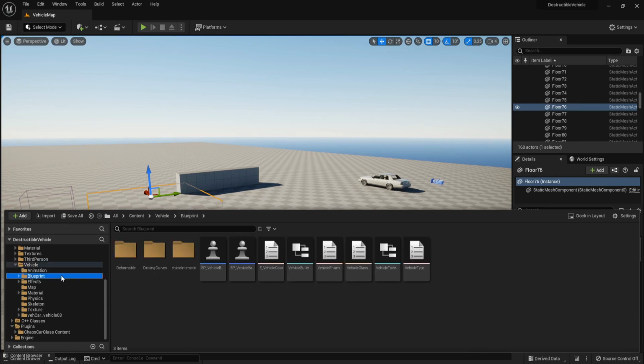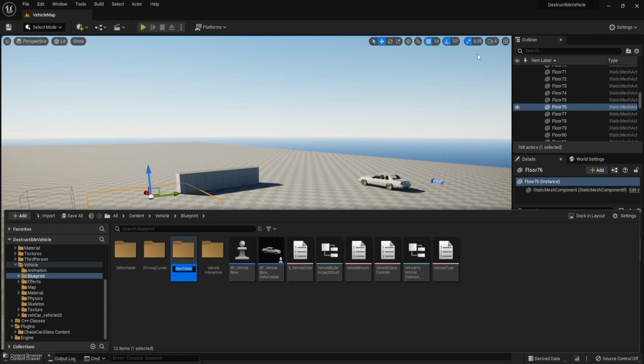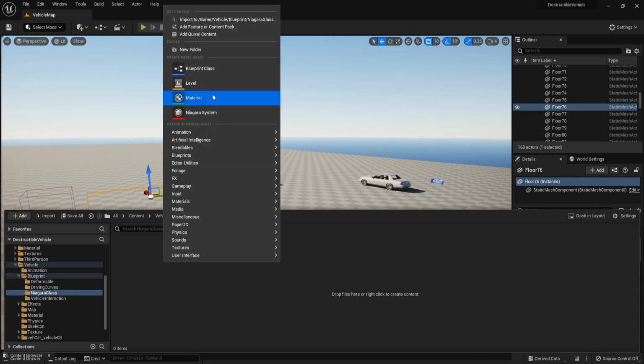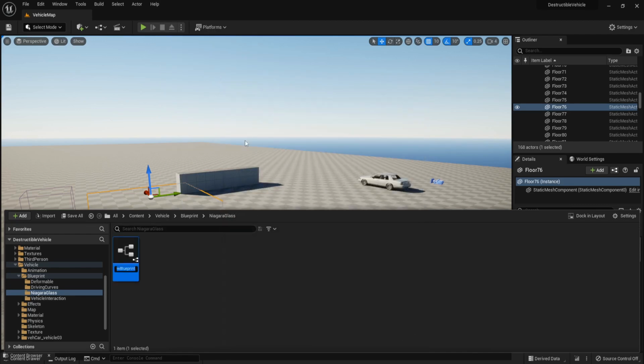Go to Blueprint and then add new folder, name it Niagara Glass, and open this. Create new blueprint actor, name it Niagara Glass Actor, and open.